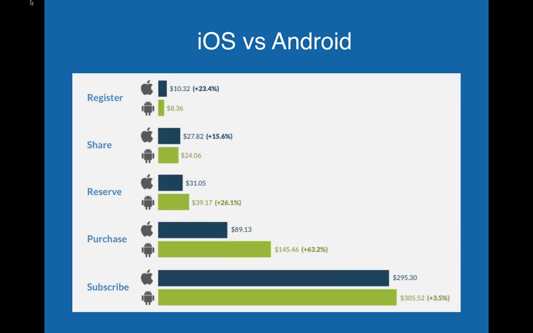Yeah, I think this was really one of the most interesting findings that we came across when putting together this report, for me personally, just because the differences are so stark. Looking at these numbers, registration is 23% more expensive on iOS, whereas purchase is 63% higher on Android. So it's this really stark difference between, as you were saying, the transactional events being cheaper on iOS, the non-transactional being cheaper on Android.